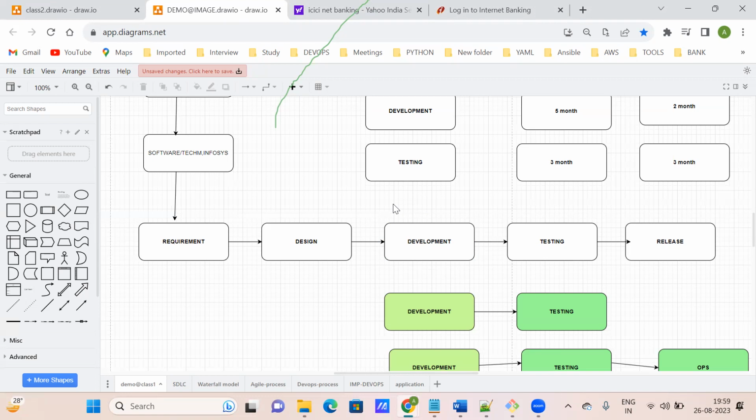Correct. So here what will happen? In the development phase we are going to test the product, in the testing phase also we are going to test the product, and then in production we are going to go live, where people will see the ICICI Bank website. For that we need the infrastructure, environment, operation actually. So operation means what? Your infrastructure plus your environment setup.